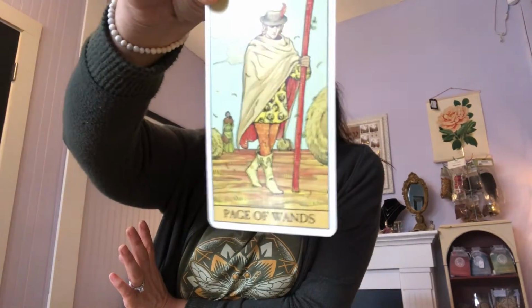Now we know this page is going to be on his way, and this is showing him leaving behind someone. There's kind of a sadness there. He knows he has to move ahead. So there's things that need to be left behind. What is the message? To choose the cup that nourishes you, to really understand your choices that you're making, which